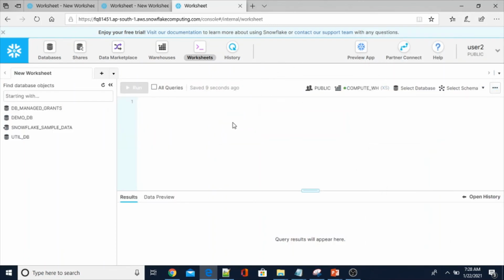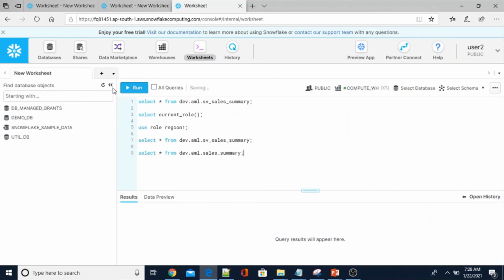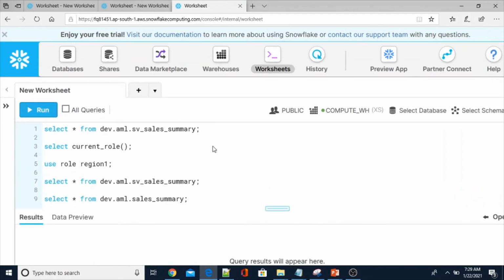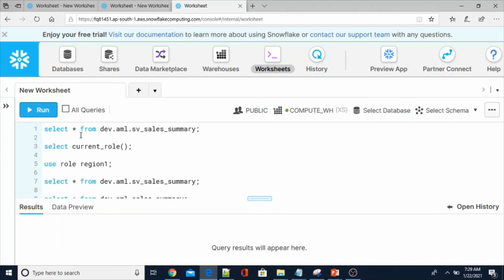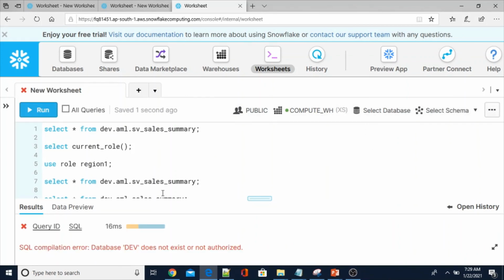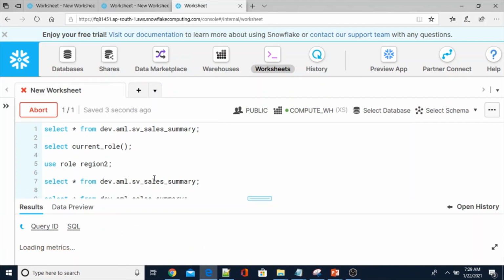Okay, now let me collapse this one, and let me execute the same query. Okay, see here, same SQL compilation error, database dev does not exist, so let me use the role region 2 for user 2.